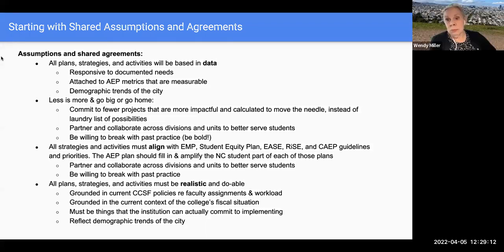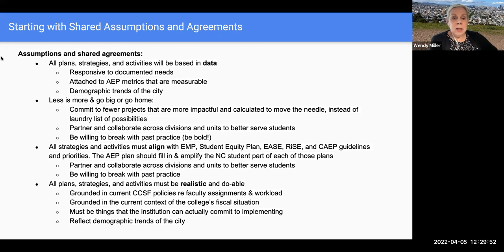Secondly, less is more. Go big or go home. In the past, some of our plans have been sort of a laundry list of possible actions and a lot of little boutique projects. This time around, we thought we're experienced enough that we need to commit to fewer, more impactful projects that really change outcomes. Partner and collaborate wherever possible to make that happen, to better serve students, and be willing to break with past